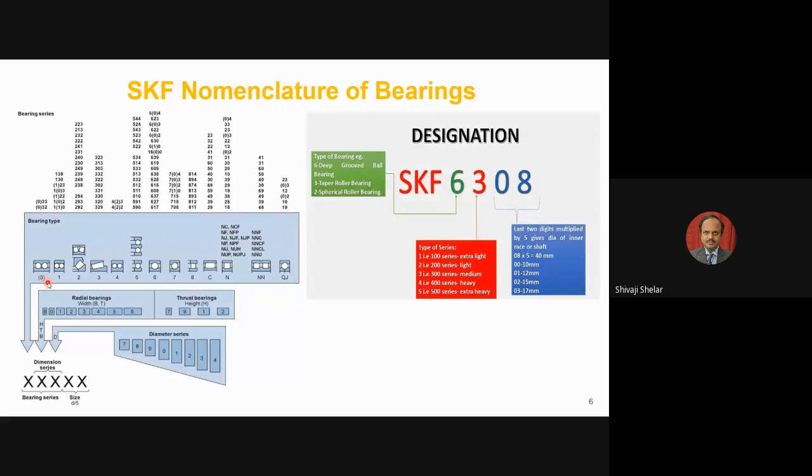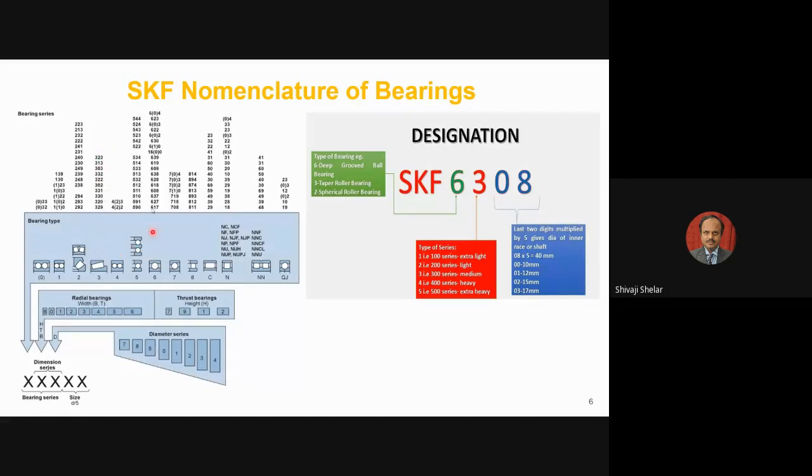Double row, say deep groove ball bearing, angle, say 0. Double row self-aligning bearing with 1. So this indicates the series of the bearing. The first word, or first two or three words, depending upon the application, indicates the bearing series. So you can see here 033 series, 139 series, 223 series, 323 series. The 323 series is for taper roller bearing. This indicates a taper roller bearing.